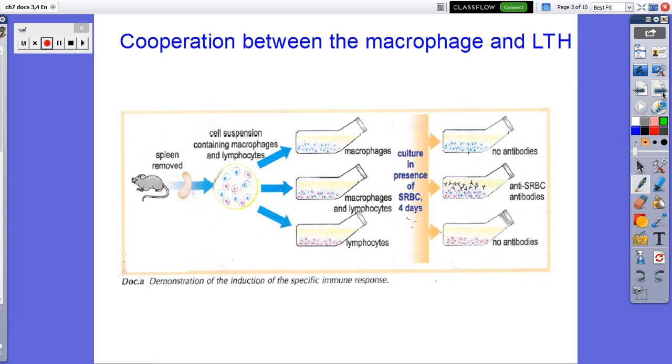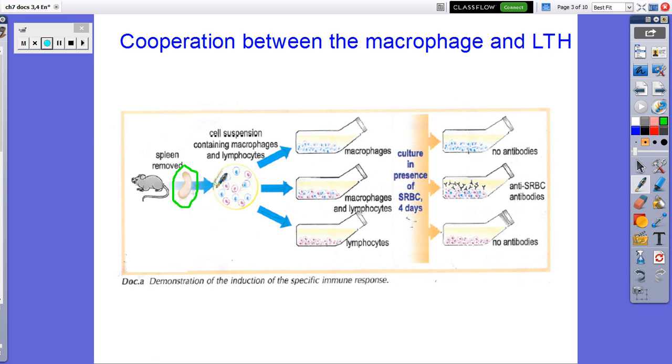First of all, we study the cooperation between the macrophage, a component of the non-specific immune response, and the Th lymphocyte, the helper T4 lymphocytes, which is the main cell of the specific immune response. In this experiment, we remove the spleen, a secondary lymphoid organ where the specific immune response occurs, from a mouse, and we extract from this organ the cells,